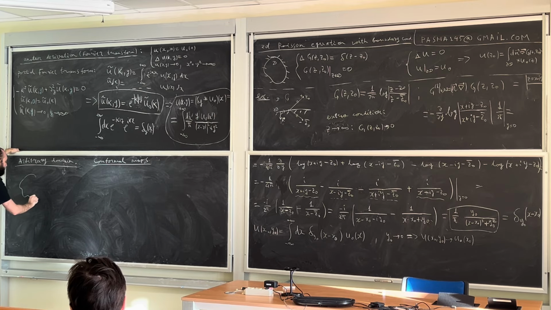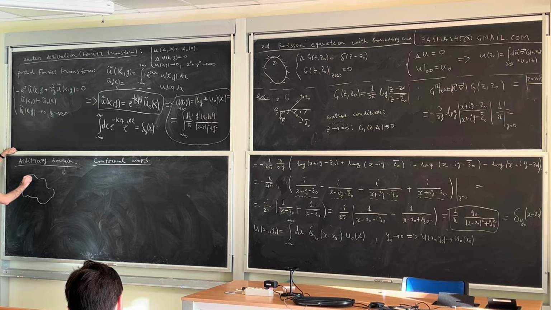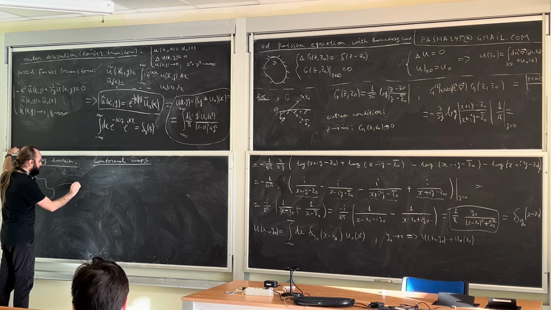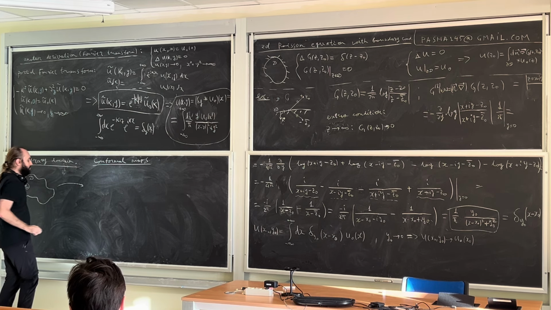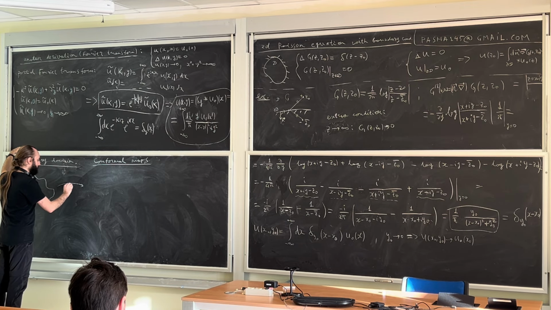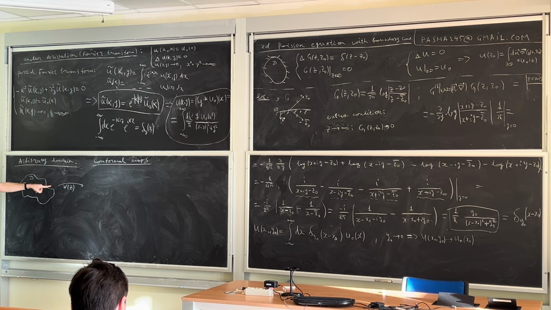Suppose that I have some domain D, and we have a coordinate that parameterizes this domain, z. And suppose that we have a map described by a function w of z, which is a complex analytic function,